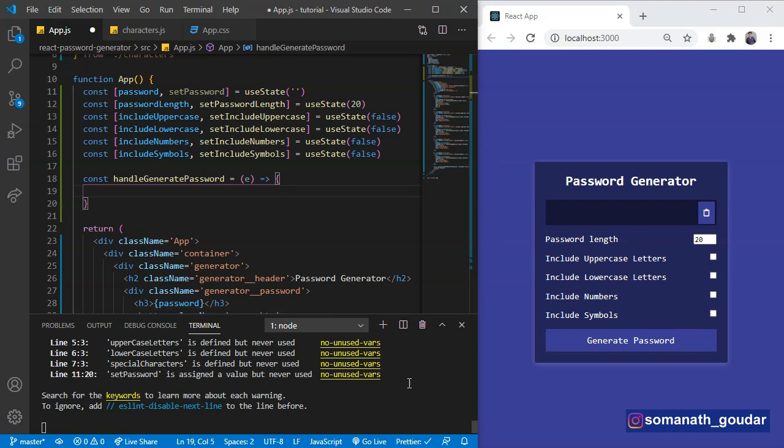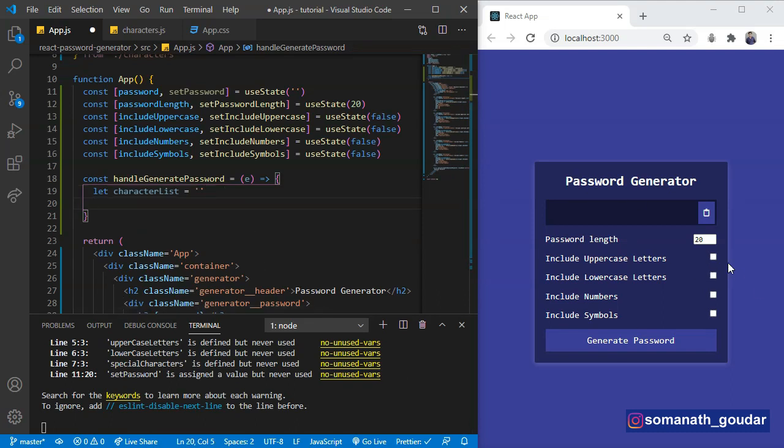Okay, inside of this function we are going to create a variable called character list, and let's set that to an empty string. So what we are going to do is we need to check if the user has checked these options, right?